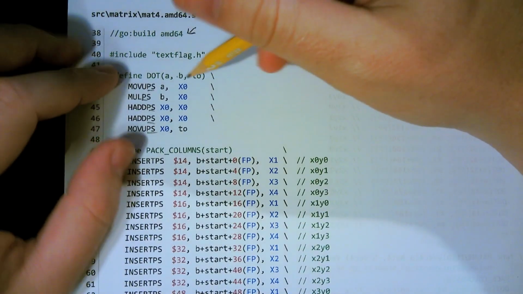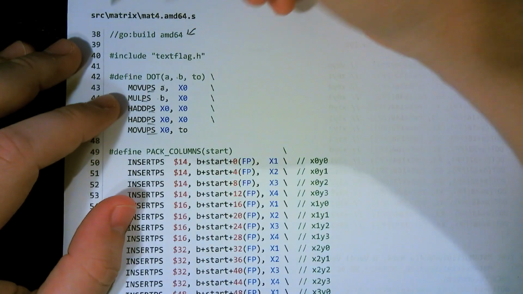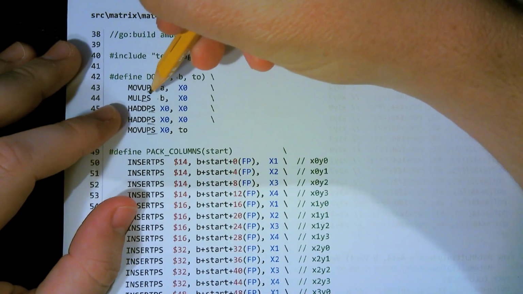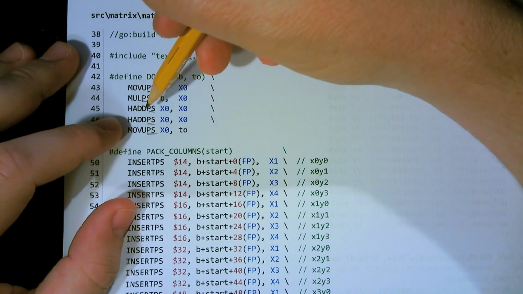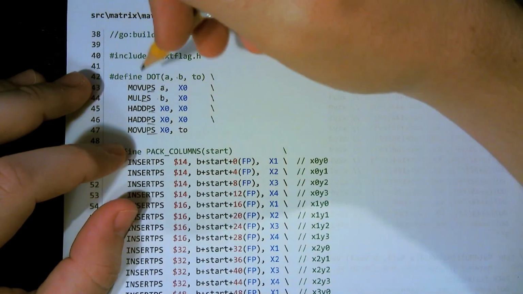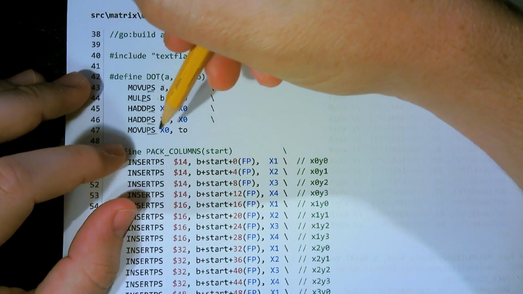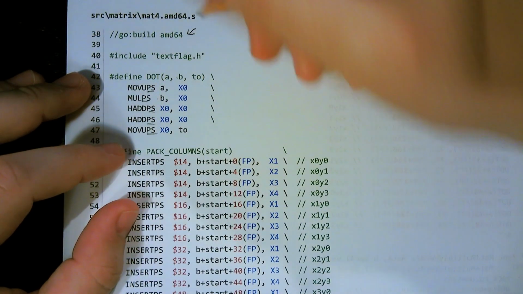So that's essentially what we're doing. We're taking the A and the B, and we're doing a multiply against those two here, and then a horizontal add. That's what the H is for, and we're horizontally adding, and then we're moving it from the X0 register to the 2. So this is just a simple dot product using